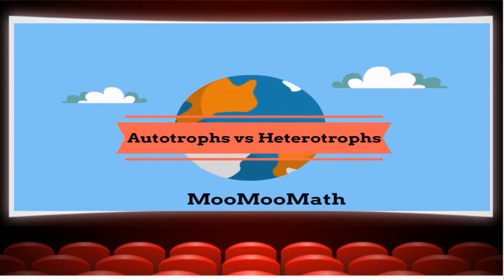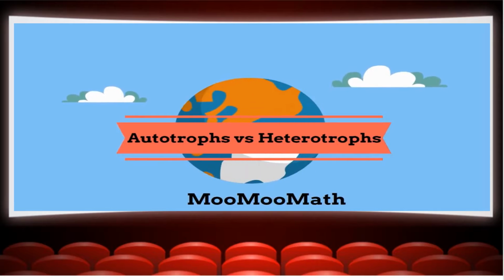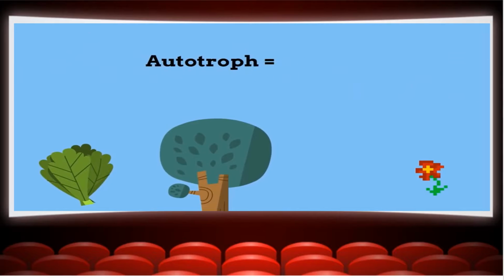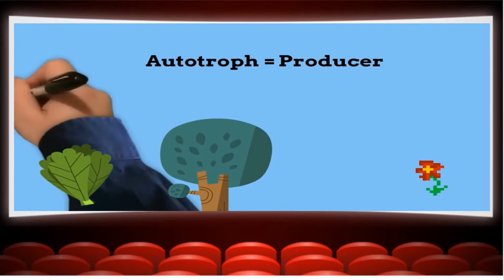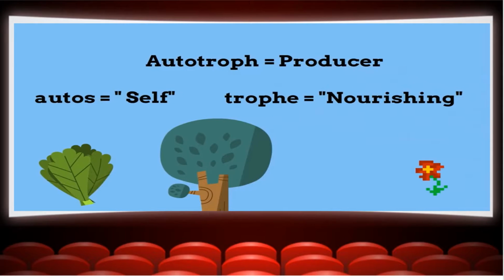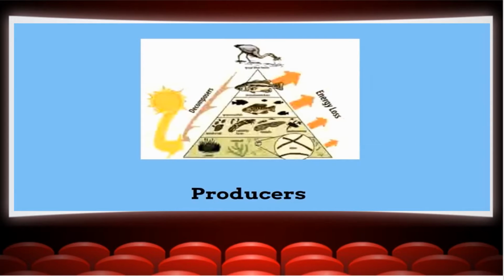Welcome to Moo Moo Math and autotroph versus heterotroph. An autotroph, also called a producer, is an organism that can self-feed. The word autotroph comes from the Greek word autos, meaning self, and troph, meaning nourishing or nutrition. Autotrophs are the producers in a food web, and they are the bottom base in an energy pyramid. Some common examples would include